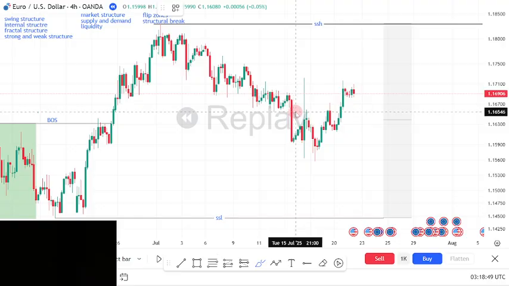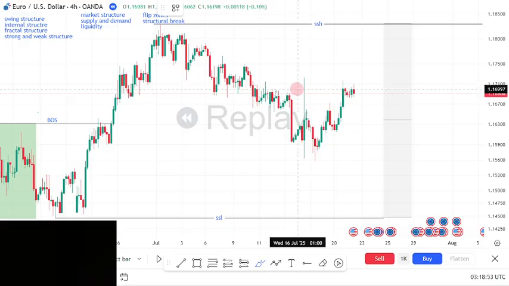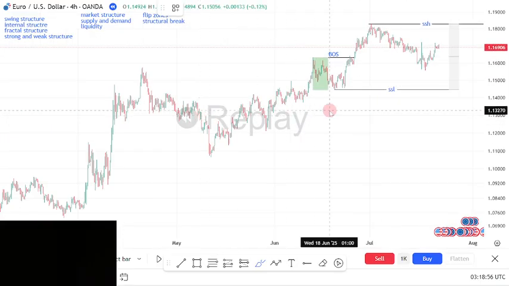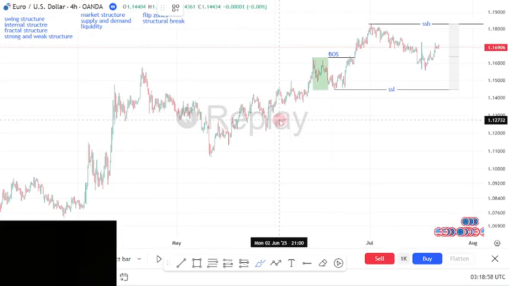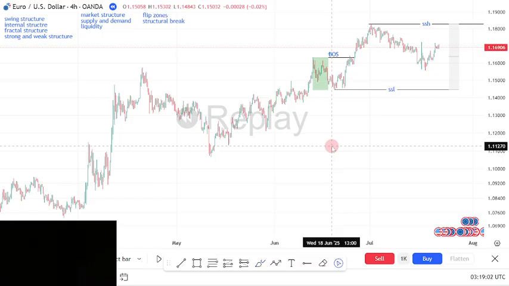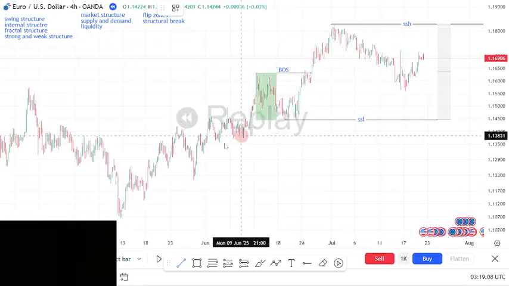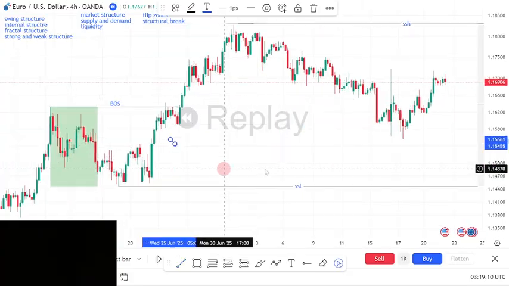Price will reverse from premium not as often, and it doesn't mean price won't ever reverse from premium. Price will, because even looking at here,